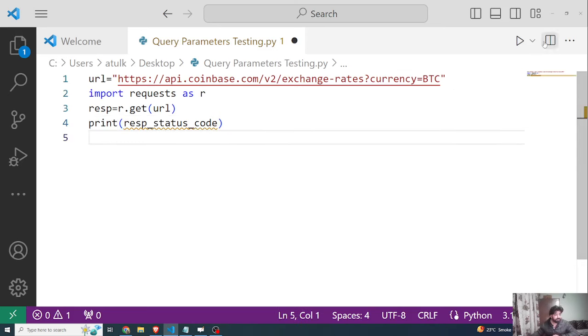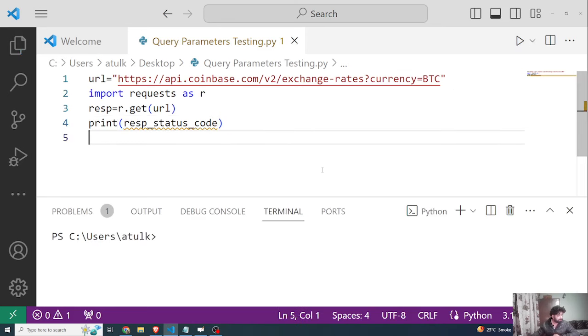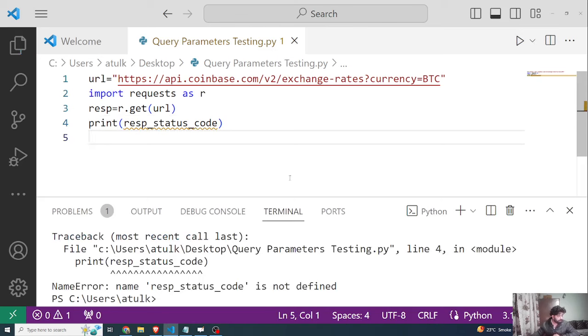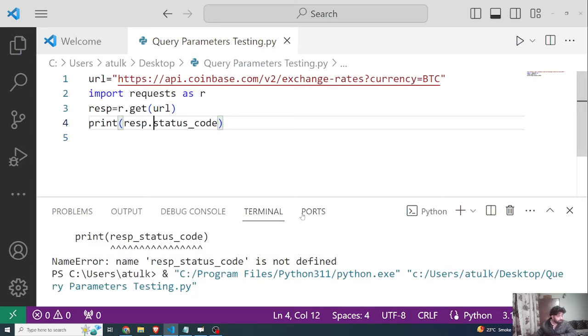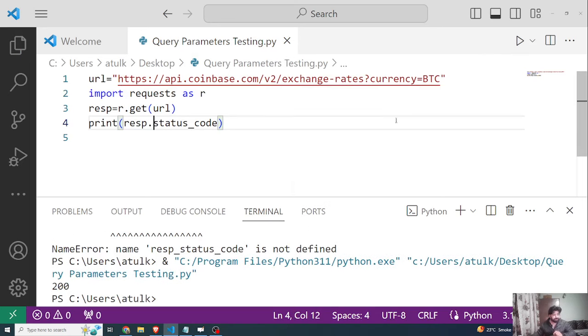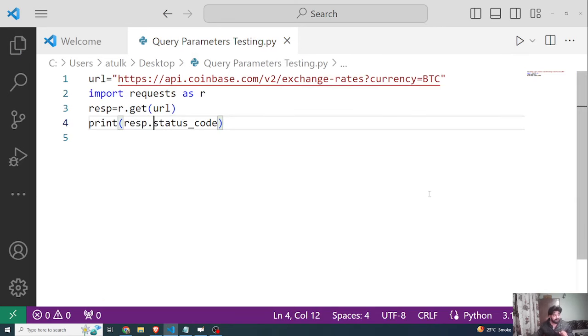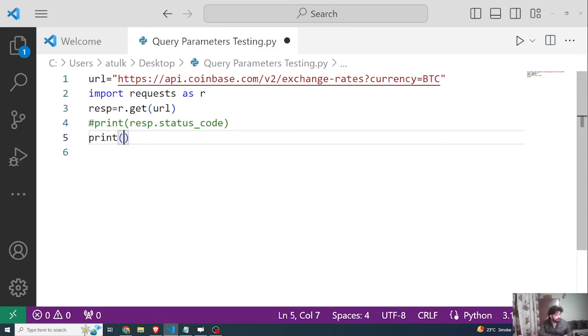Now we will see whether this is working or not. Oh, this should be a dot. Yeah. So I should get 200 now. We got 200. So this is working. The link has been established. First of all, I'll make this a comment. And now what I'm going to do is print the JSON we are getting. So I'll write print resp.json,